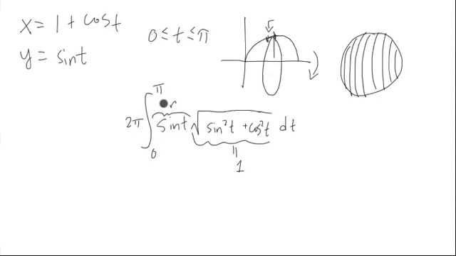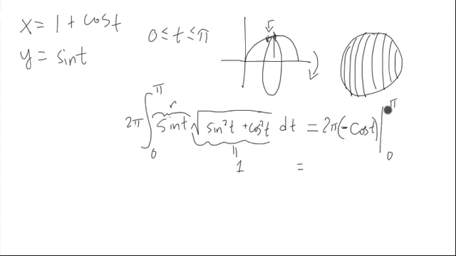the integral from 0 to pi of sine t right here. So to do this, we take the integral from 0 to pi of sine t, and the antiderivative is actually negative cosine t from 0 to pi, and multiplying that by 2 pi,